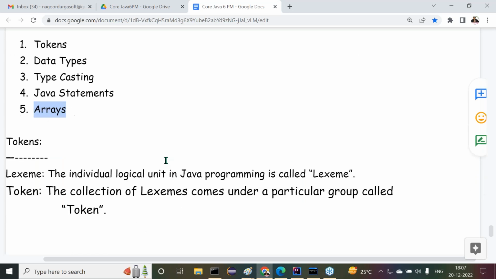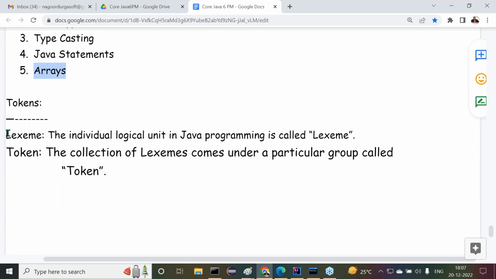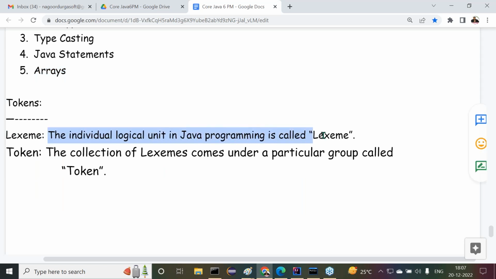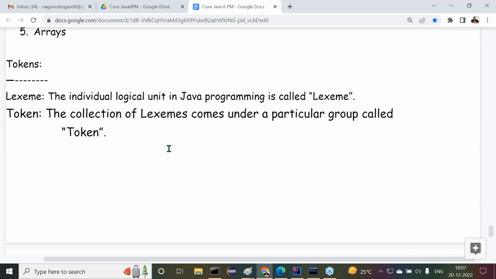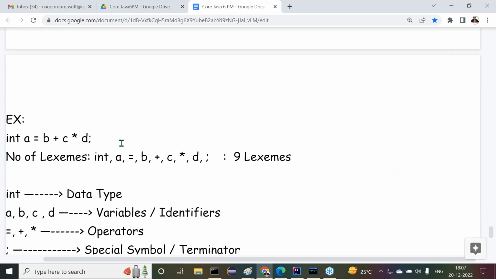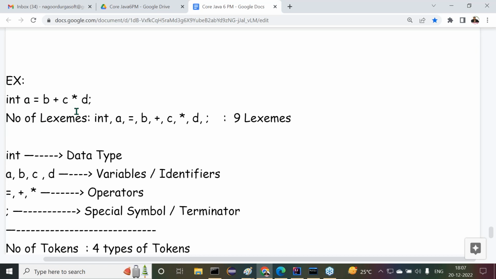Then I started with lexeme. The individual logical unit in Java programming is called a lexeme. The collection of lexemes comes under a particular group called a token. Then after that, I gave one example in this section: int A = B + C * D;